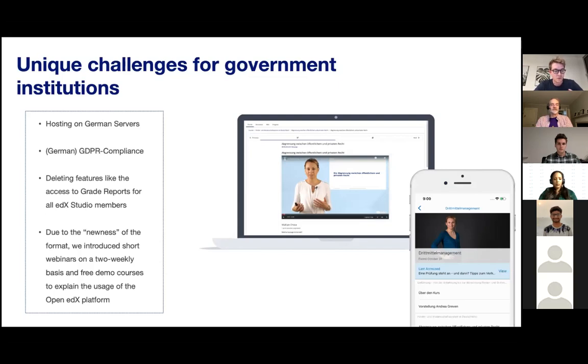But more important, I think, the entire concept of having MOOCs within government institutions to train people is completely new. And it's not something that we can just solve by adding features to a platform. What we found most helpful is, we know that there's a lot of great features out there, and we as MOOC users who've been using this for years and years know of the advantages, but we need to slowly introduce these target audiences.